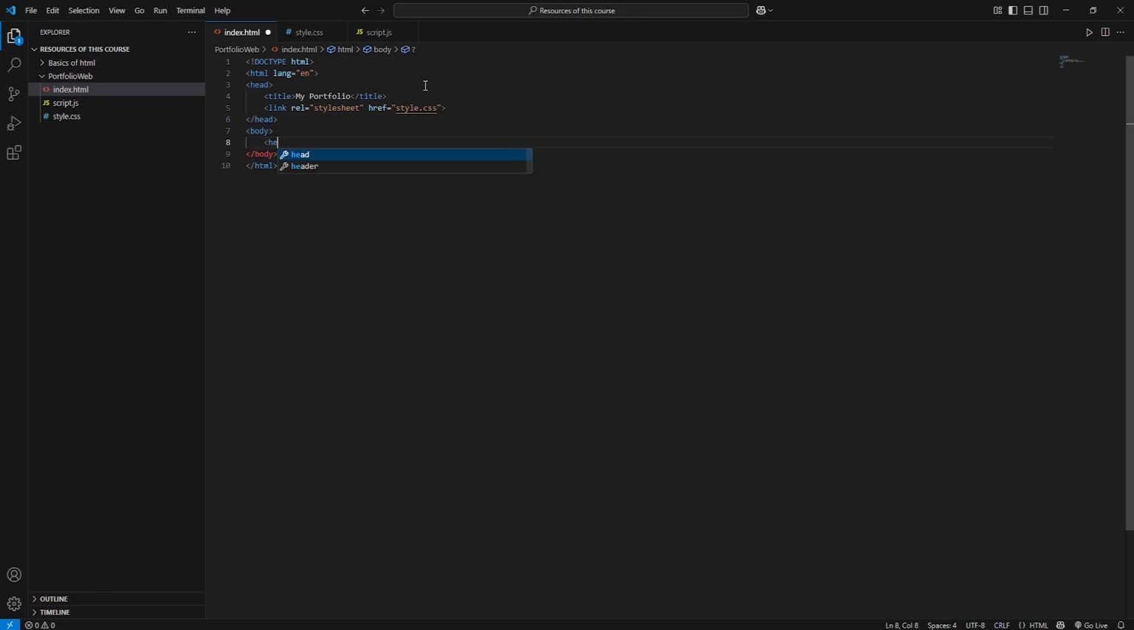So first off, I'm going to start off with the header. Now this header tag is going to contain a title. So I'm going to make sure to put in h1 so that I have the title tag. Now here, I'm going to put in my portfolio. After h1, I'm going to create a nav tag. This nav tag is basically going to help me put my unordered list. So here, ul